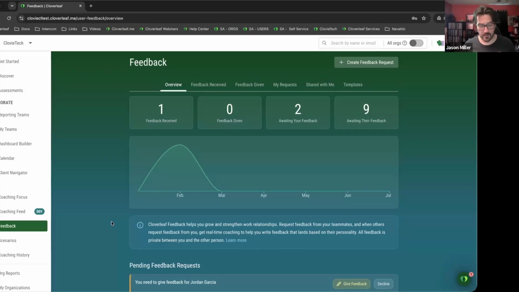Feedback is also a feature to where you can use this not just for 360s or anything. We recommend creating feedback requests and getting into a healthy cadence of that for all projects that you work on, all collaborations that you do, if there's any kind of questions that you want to lean into Cloverleaf to help you create and get better coaching on,